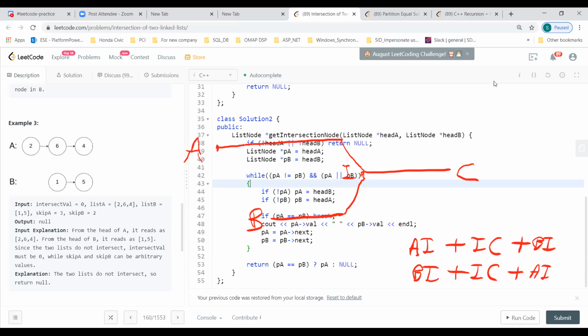If both are parallel, we can say the length of IC is 0. Yeah, the length of IC is 0. Then we will have AI and BI, both are the same. Correct, that is also correct. There is no AI, right? I mean, how can there be? Yeah, there won't be an intersection.